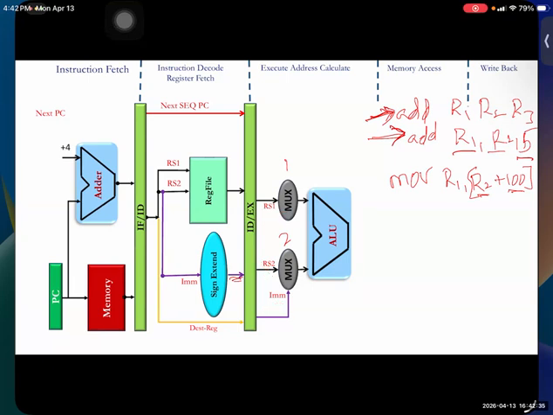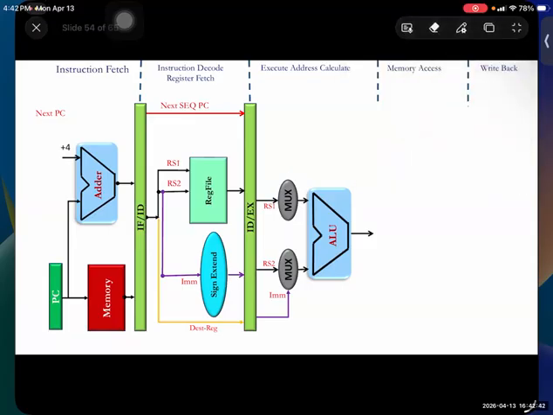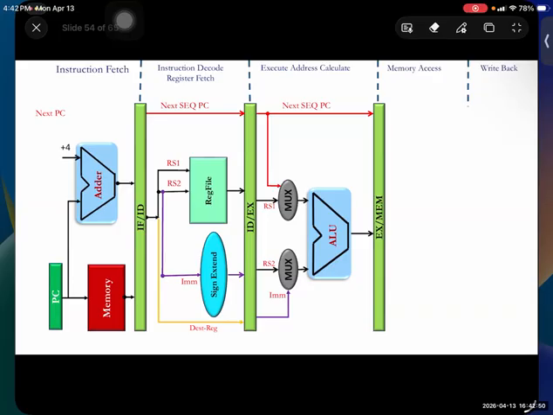Okay. So the output of this ALU will be loaded into a temporary register. That ALU output is for the arithmetic operations. And the ALU output of the memory instructions is the effective address that will be loaded into this temporary register. If it is a branch instruction, so that is,